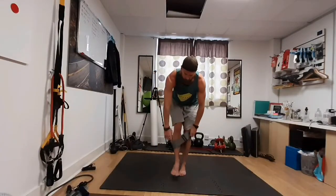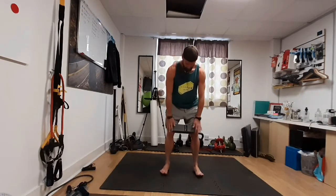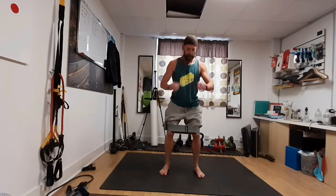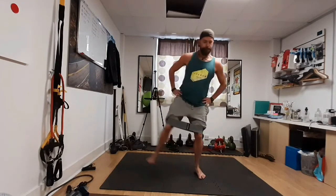So this is a band resisted hip workout. So we start off with a banded squat. Band around the knees, feet around shoulder width, stand tall, brace your abs, lower down into the squat, and then as you stand you abduct one leg, and then you squat, and then you stand and you do the